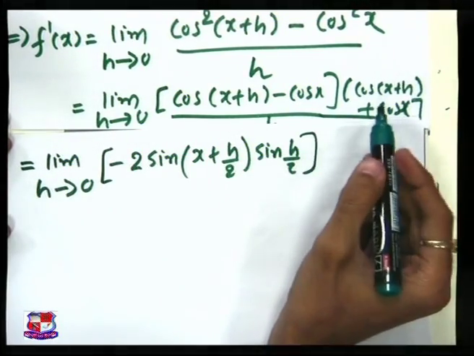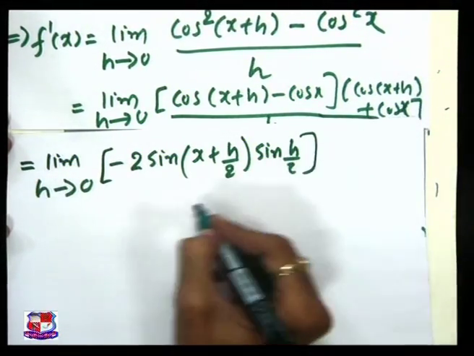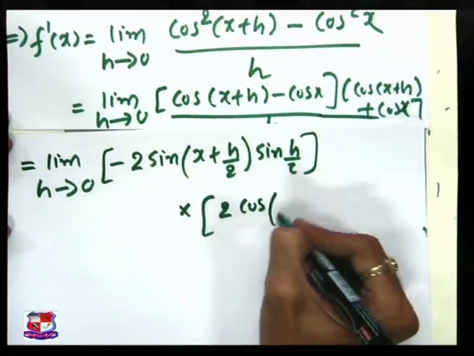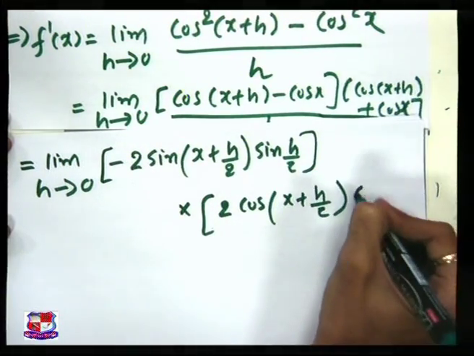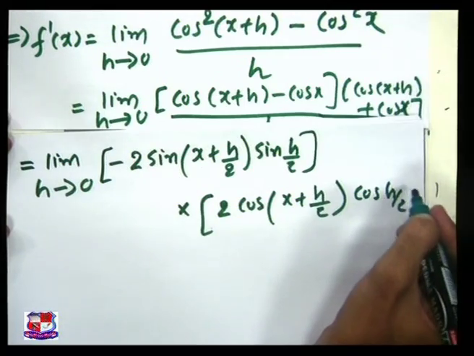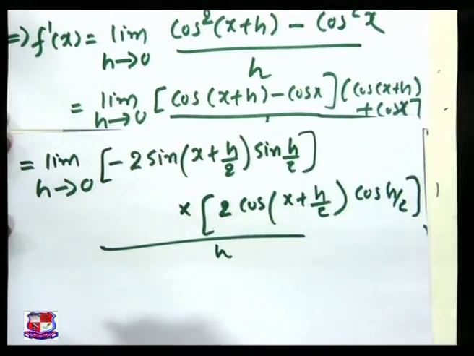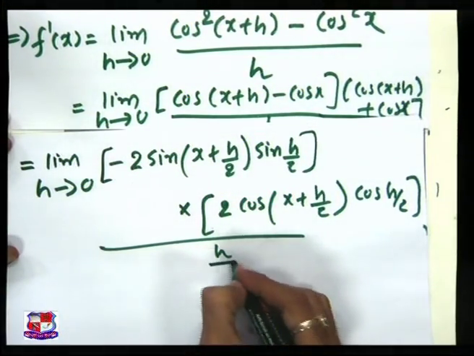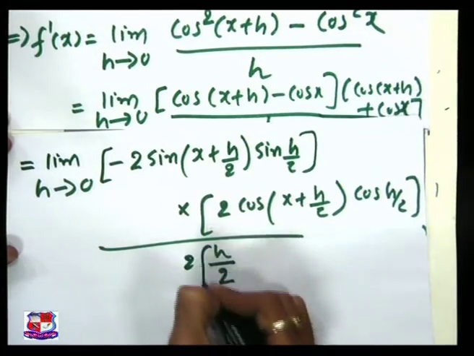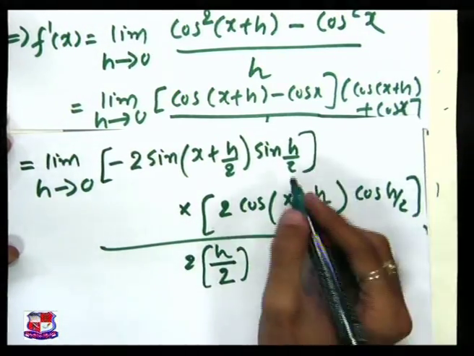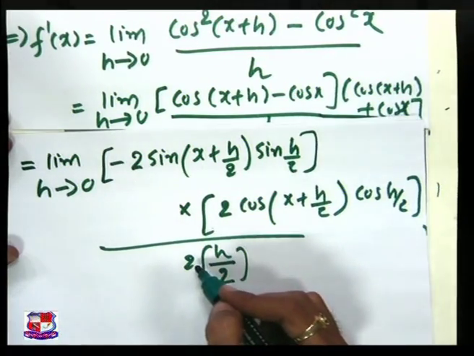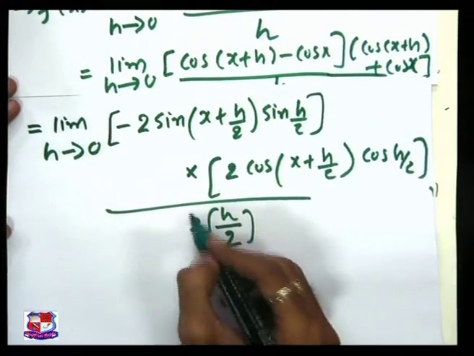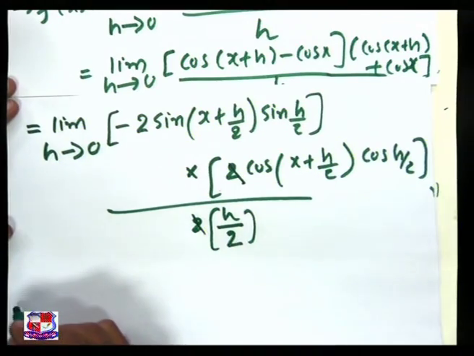In the same way, c plus c, that is 2cc, so this will be multiplied by 2 cos x plus h by 2, in the same way into cos h by 2, that is 2cc, and divide by h. And we will write h is equal to h by 2 into 2, because here we have sine h by 2, so we will use sine theta upon theta. So here h is equal to 2 into h by 2 we will use here. So this 2 and this 2 will be cancelled, so this one is equal to